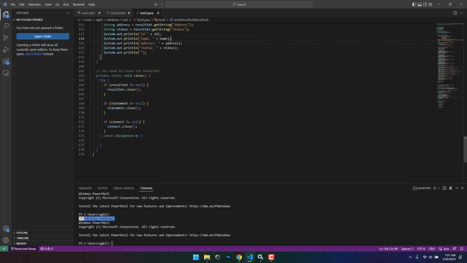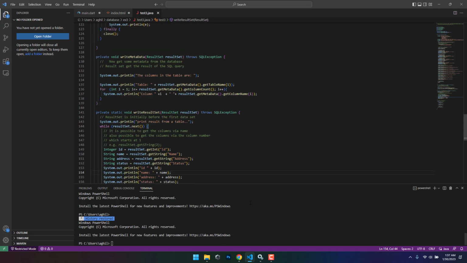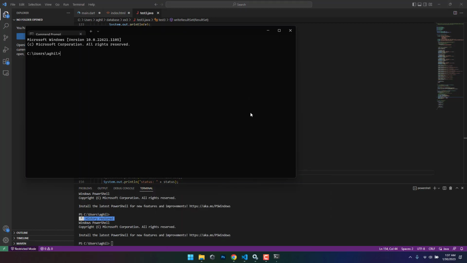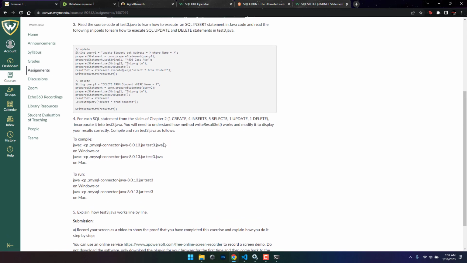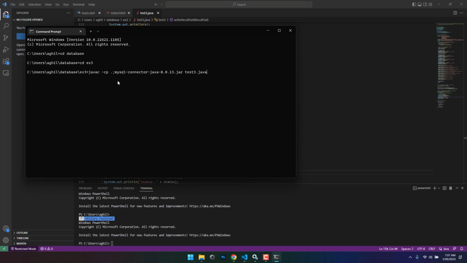And finally, we are going to close all our data objects that we use here. So let's see this model working. So let me just open command prompt and go to the place where I have saved these data, which is exercise 3, I believe. And here we can use this to compile our code. So I'm just gonna copy paste this here so we can see